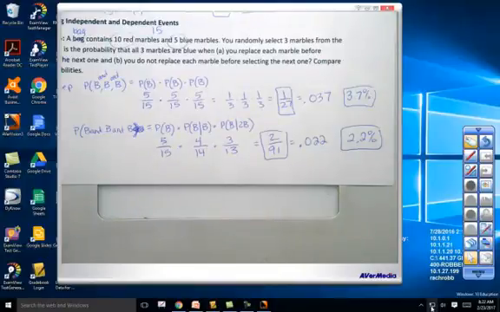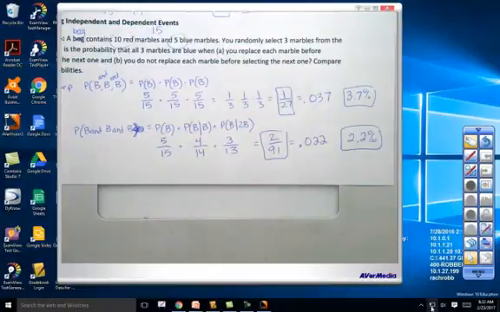I have a question, because I just thought of it as we were looking at this one. Would there ever be a point where the probability would be 0 if I just kept going? Like, what about getting the 4th one blue, and then the 5th one blue, and then the 6th one blue? It would stop after